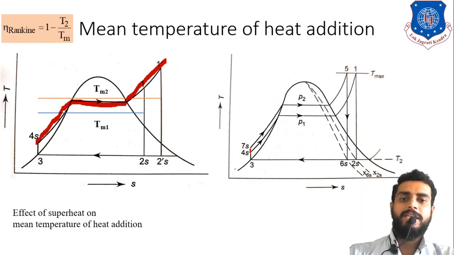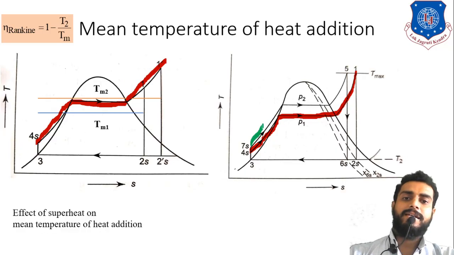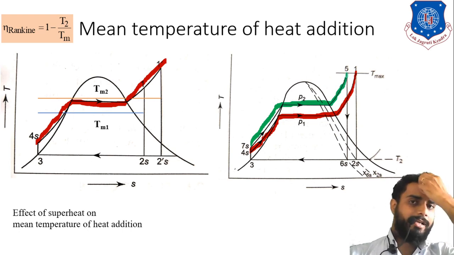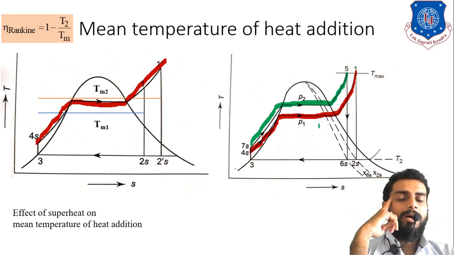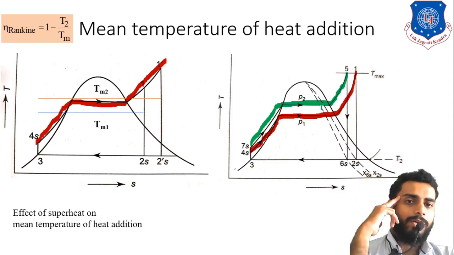So what will happen? See here, let us say this is the example in which the pressure at P1 is 1 bar. So heat is added at 1 bar in the brown color process, right? Now I am adding the heat at, let us say, 10 bar. So my heat addition process will be like this, highlighted by green color. Appreciate, right? I hope you understood that. Now just think or imagine that if you are increasing the pressure of heat addition, then will the mean temperature of heat addition increase or not?